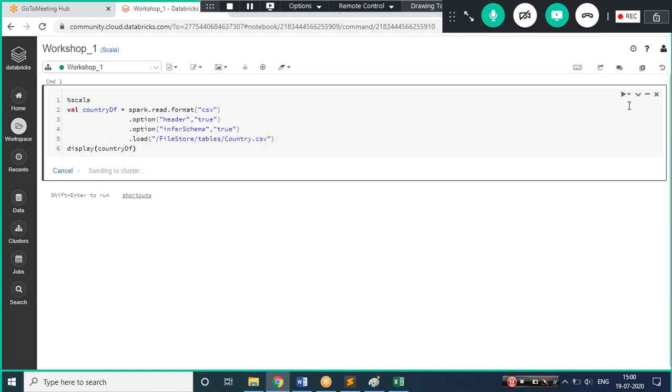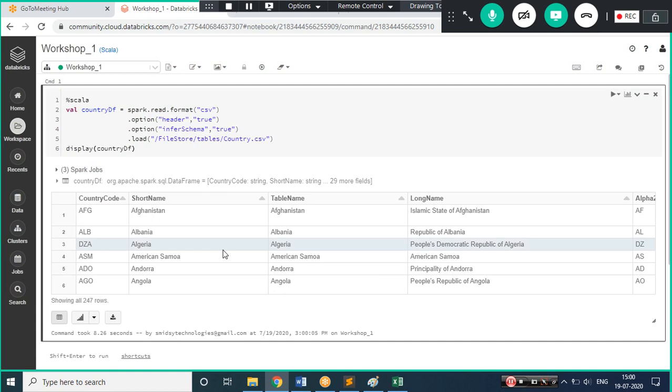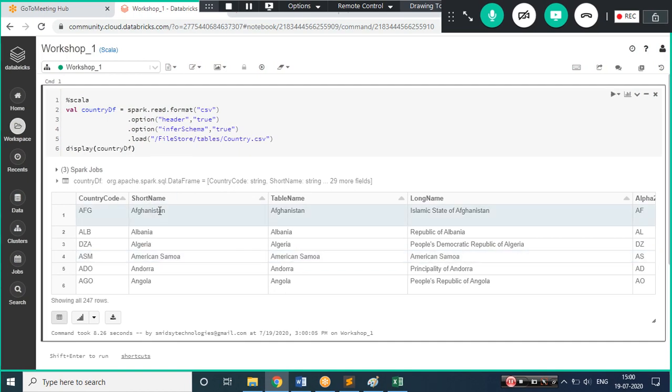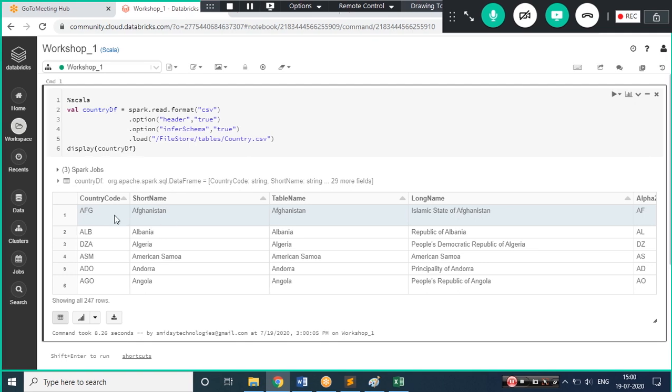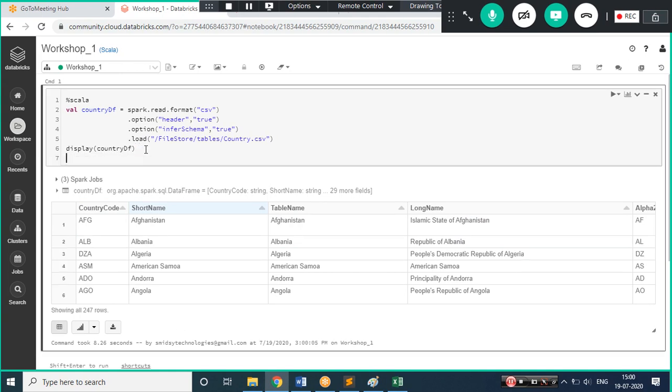No issues. So this will always happen. Now the Spark job is running. Can you see this Spark job is running? And now it is displaying some result. Like how we write code in Spark in Eclipse or IntelliJ or whatever IDE you are comfortable with, it shows you the same result in a tabular format. If you want to see the schema, you can see the schema also.